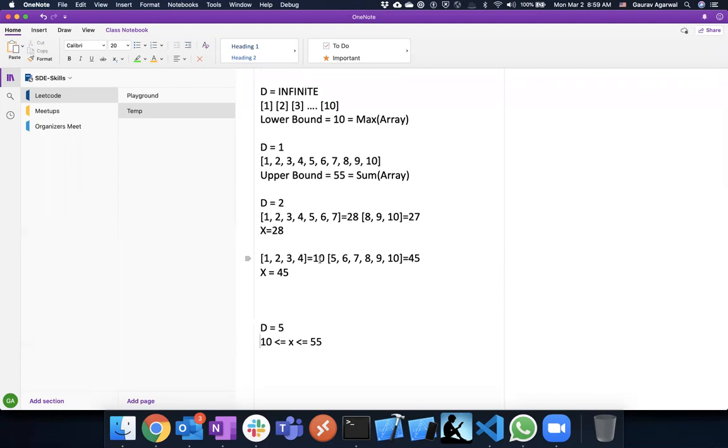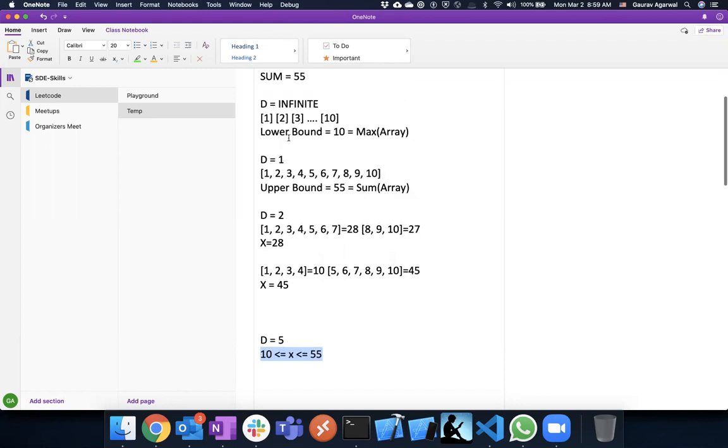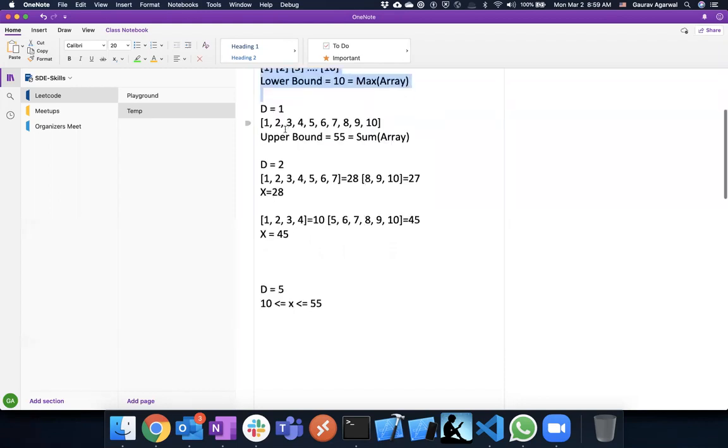So is this highlighted statement clear? What should be the minimum capacity of the ship that we need, and what should be the maximum capacity of the ship that we need in the given example? Is that clear? Okay, so minimum is 10. If we have to ship one package in one day, if we have infinite days. And the upper bound is 55 because we only have one day, and we have to ship all the packages